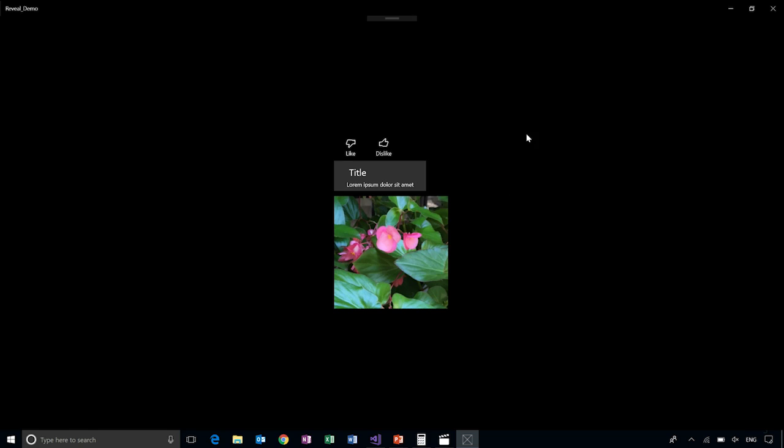So we're going to take a look at a sample app I have here. Now I have two app bar buttons at the top, a cloned or retemplated button control in the middle, and a grid view button at the bottom. And we'll talk about the grid view in a little bit, but if you have a keen eye, you can see that the border is showing there, but it doesn't look all that great yet. So first we're going to enable reveal on the like and the dislike buttons at the top